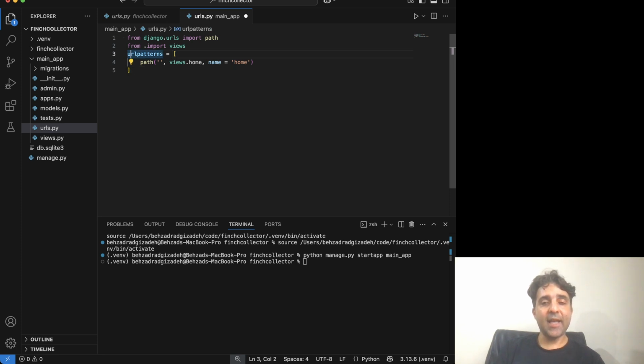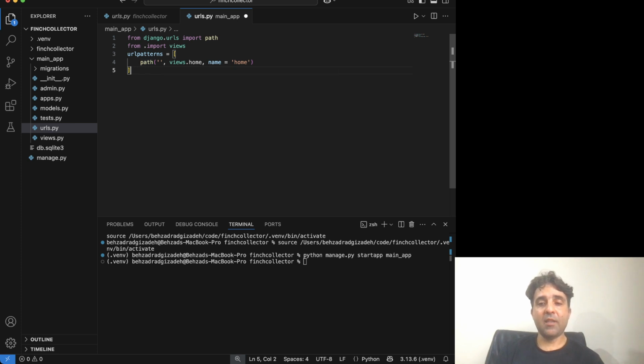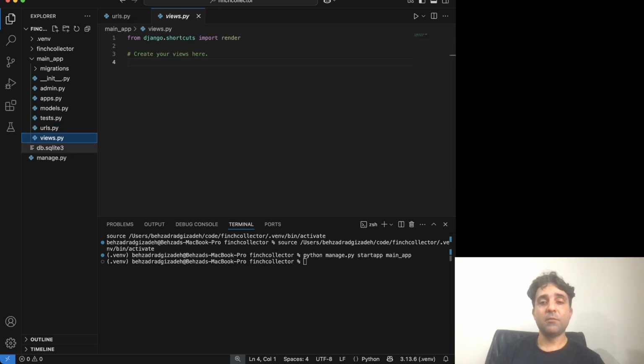The urlpatterns is our app's root list, and here the path maps the empty path to views.home and gives it the URL name home. So we gave it home. So we just save this one, and now we need to define the view in views.py, because we need to write